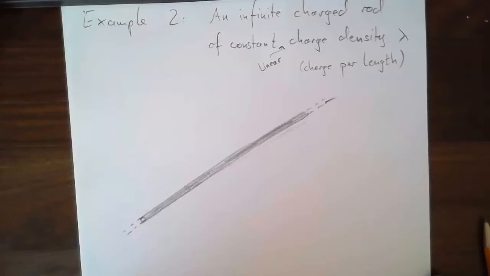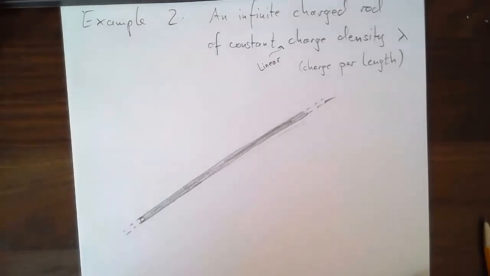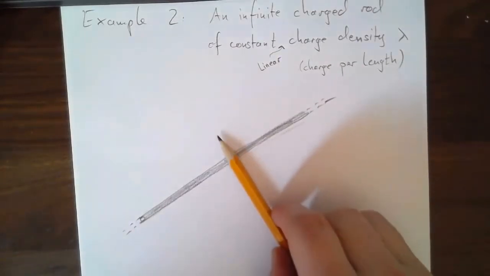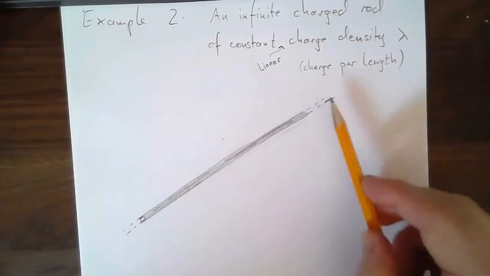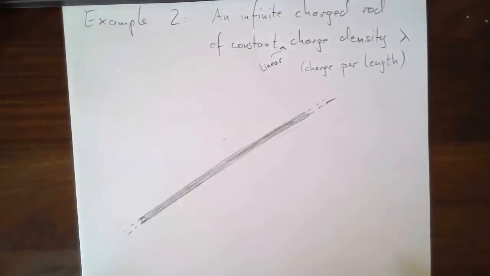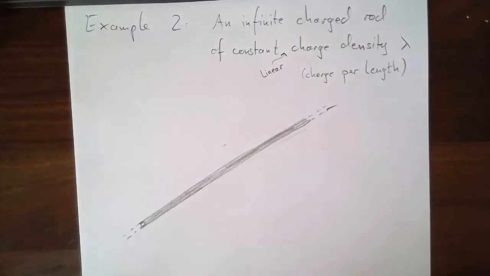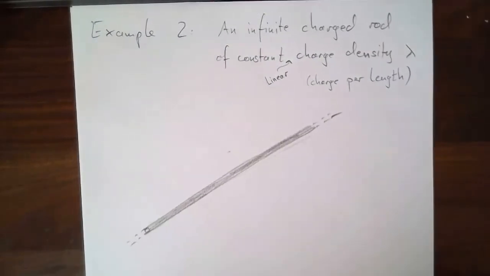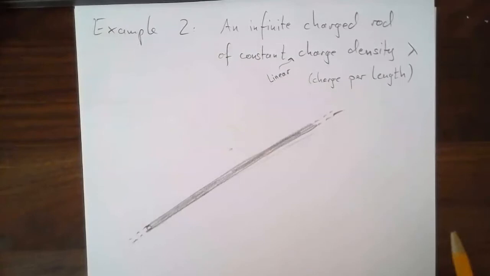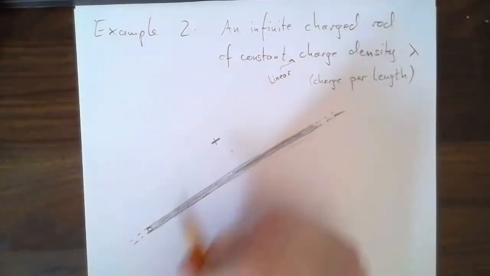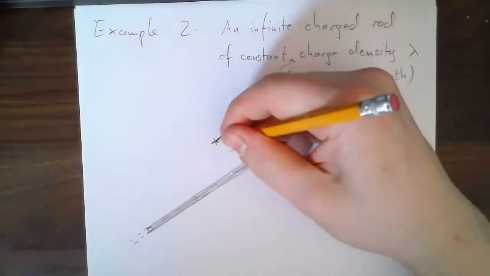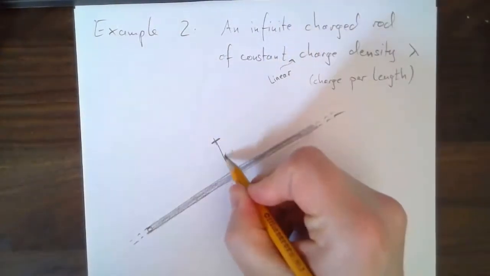In practice, we don't have infinitely long rods, but you might have rods that are very, very long, or cables, say, that are very long. And as long as we're staying fairly close to the cable, from a vantage point here, the cable looks to be effectively infinitely long. To a good approximation, it's infinitely long. So we want to know the electric field, let's say over here, that this is a distance r